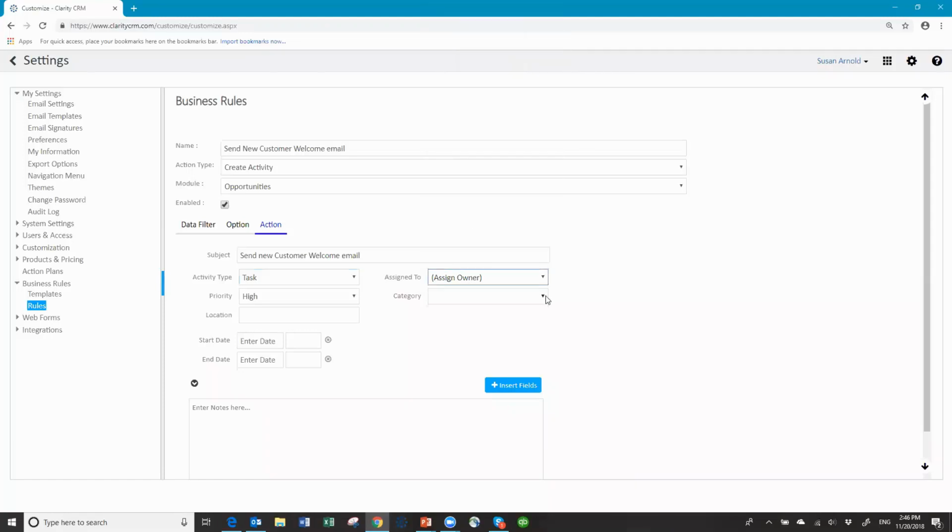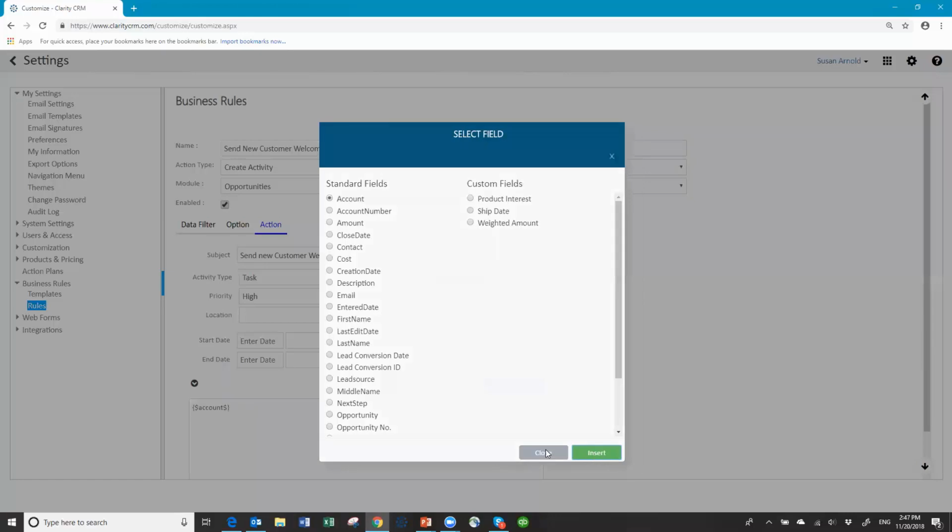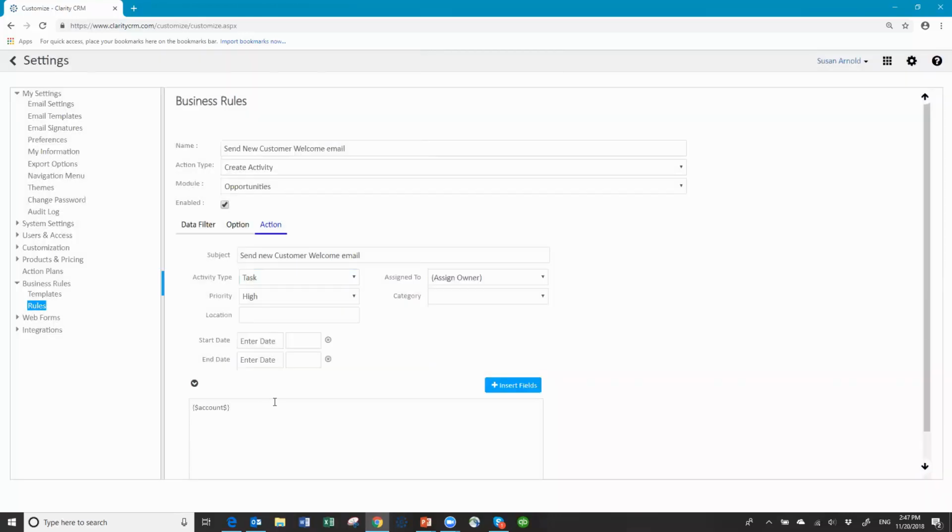All right, and then there's that category one again that's optional whether you fill it in. And then you could say that this account has been invoiced and paid. Please send our standard